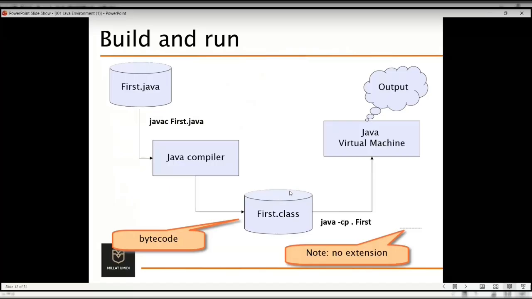And this is building and running. As we have said, we should have our classes in separate files that end with .java. And this is our source code, which is the code that we write in the Java programming language. And when we run our source code, it goes to the compiler, and the compiler turns our code into bytecode. Bytecode means turning our code into zeros and ones, which the machine will be able to read.